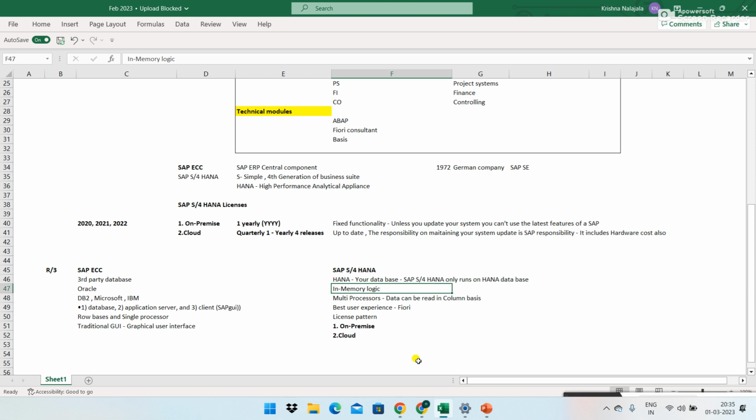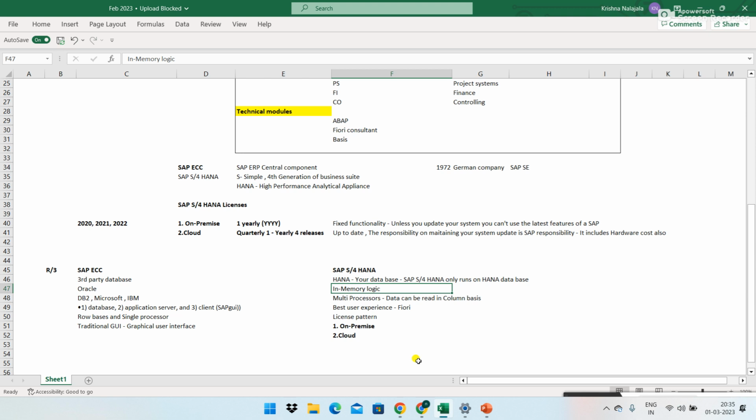RAM is for your speed, right? RAM is speed, internal memory. And hard disk is your permanent memory. From RAM, the data gets stored permanently in your hard disk, right? So based on your processor and the RAM size, your system performance depends, right?